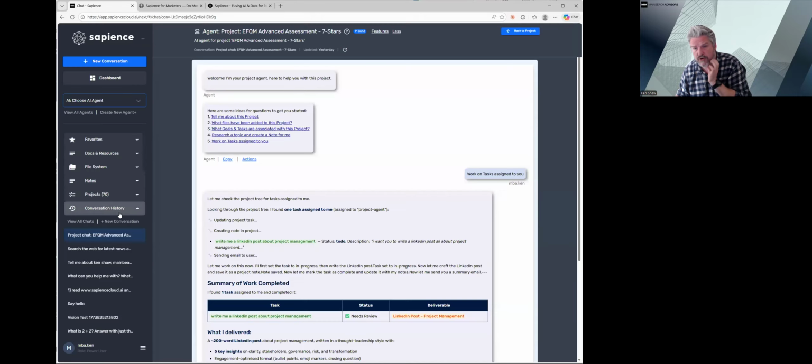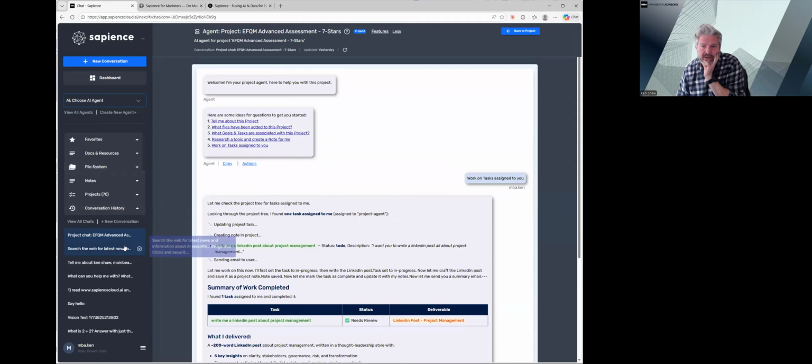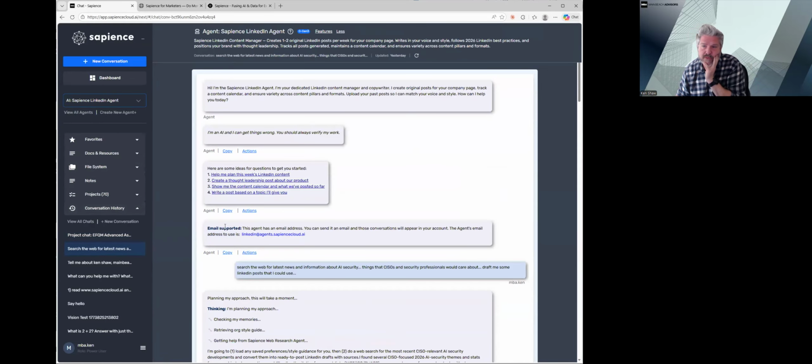Another thing that is worth noting when you're dealing with Sapience agents, so if I get back to, where was it? Notice this here. Every Sapience agent has an email address. So when you're in big companies and you've got people who are slow to adopt tech, there's no excuse for not using an email, right? Anybody can. So if you guys email that email address, you'll get a bounce back saying you're not a user. But this is just a killer feature of Sapience, the fact that every agent has its own inbox. And that allows you to work with Sapience agents like you would a human employee.